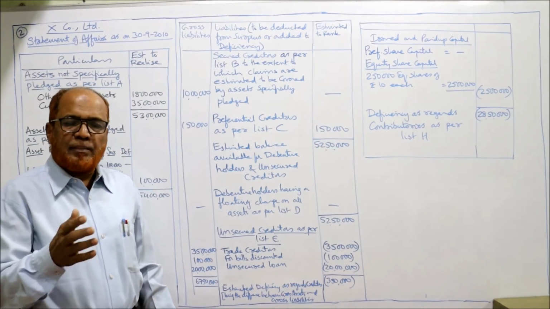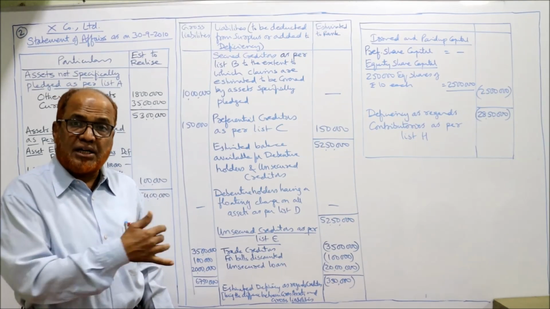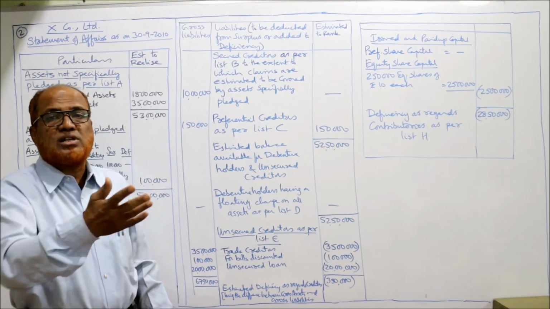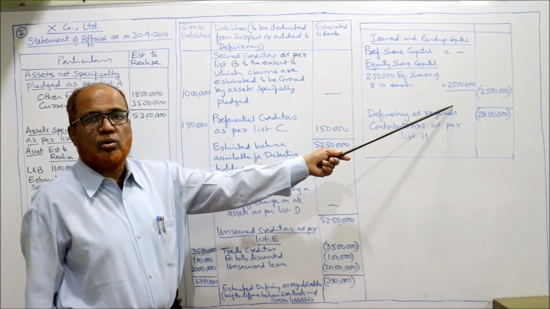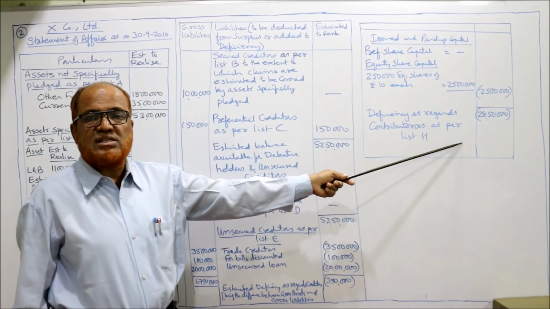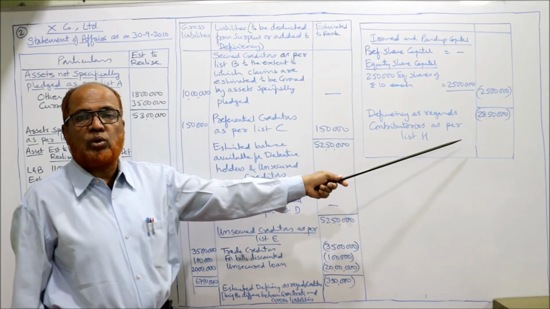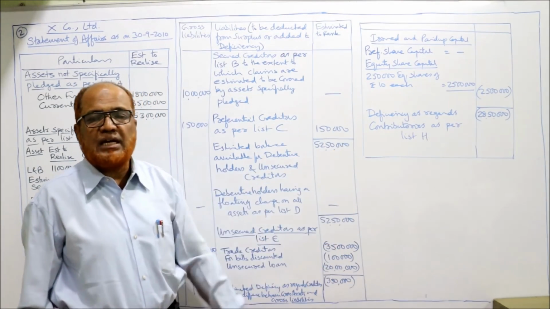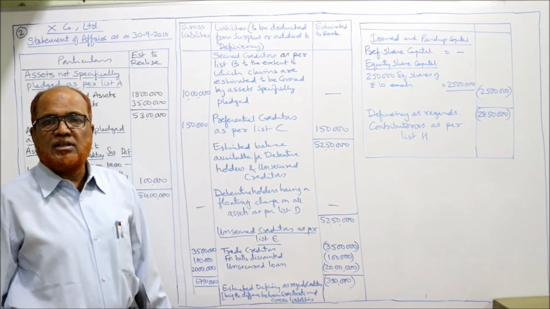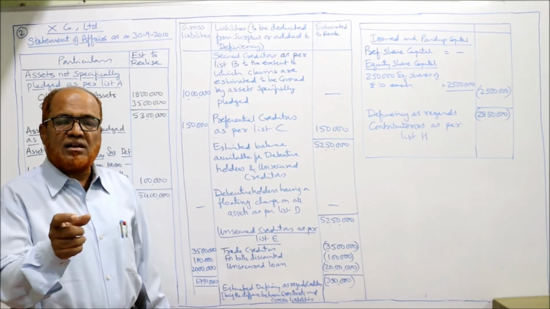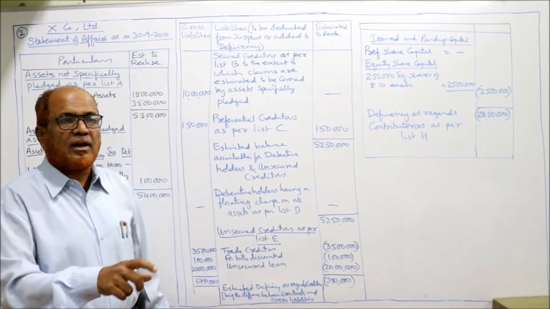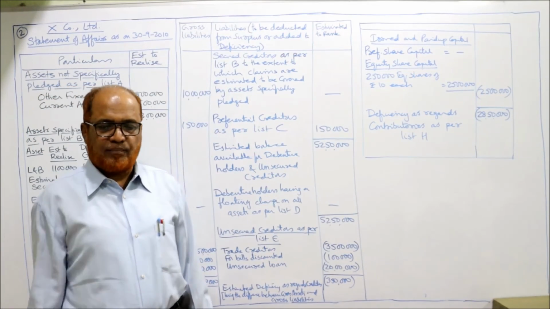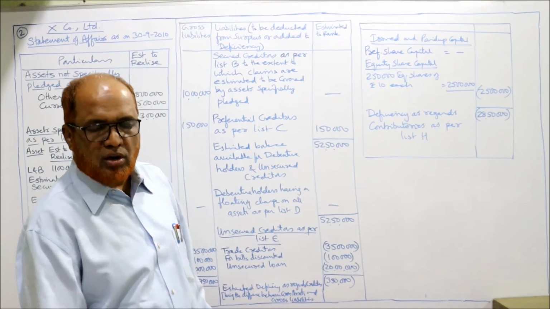कंपनी को पहले 3,50,000 रुपए शॉर्टेज हो रहा क्रेडिटर के लिए और 25 लाख रुपए देने का है शेयर होल्डर्स को. तो टोटल डेफिशिएंसी एज रिगार्ड्स कंट्रीब्यूटरीज इज 28 lakh 50,000. This is the deficiency as regards contributory as per list H. That's it. This is the complete explanation of problem number